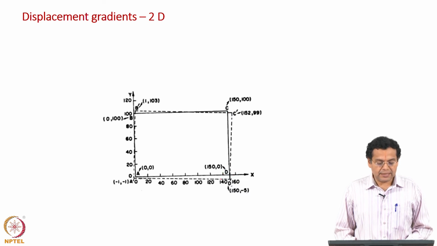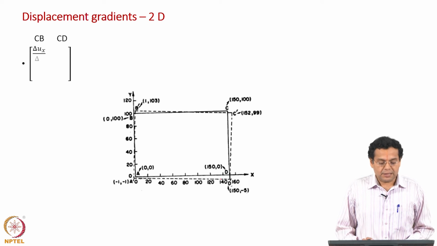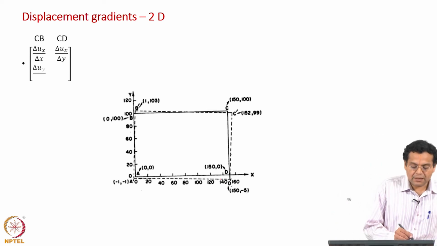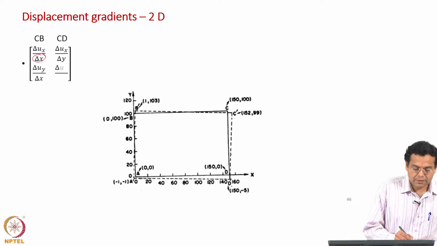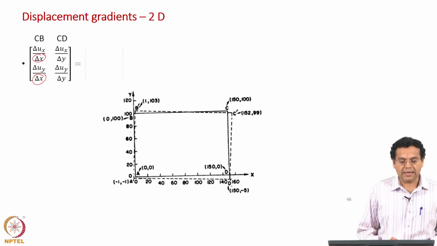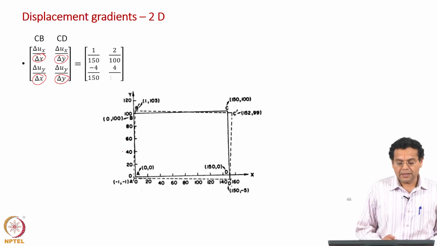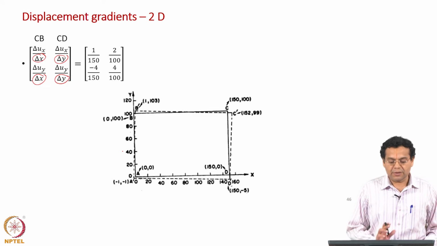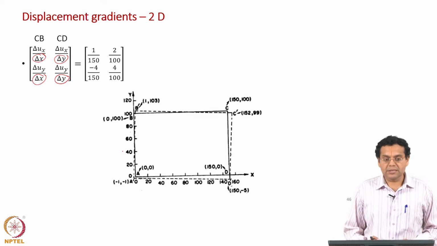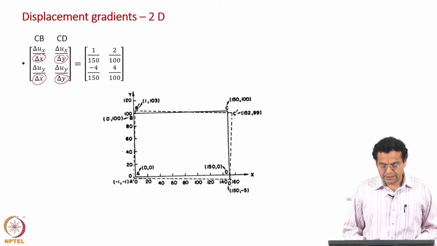We also arranged this in the form of a matrix, which we later called the displacement gradient tensor. For particles along one direction, indicated by the denominator as delta x, we arranged one column, and for particles along the y axis we arranged the second column, and we found these values. Now, let us see how we use this to find the strains and rotation.